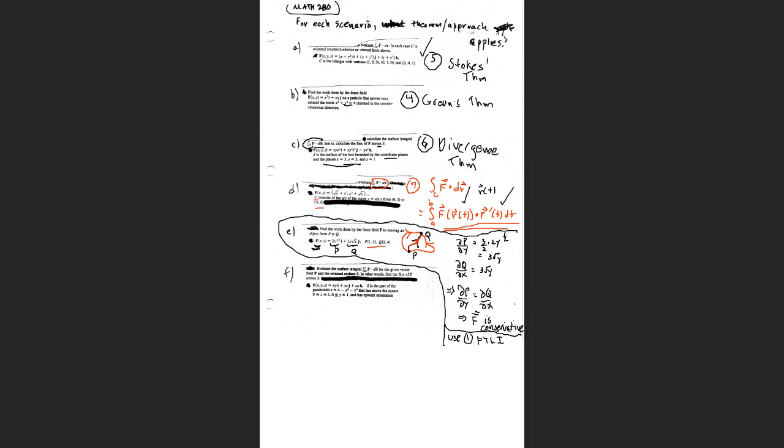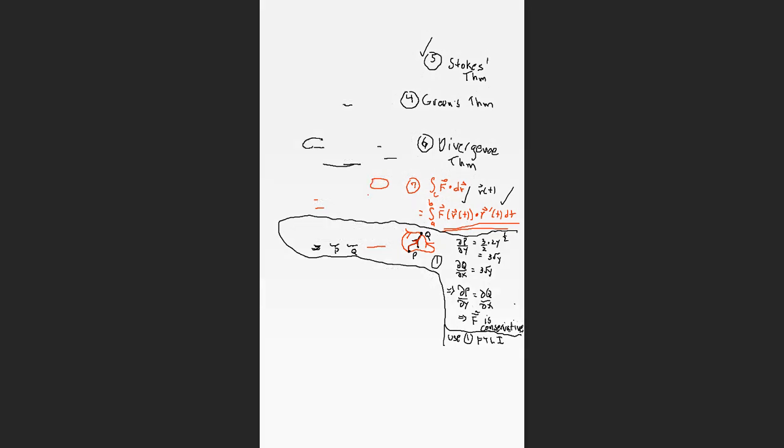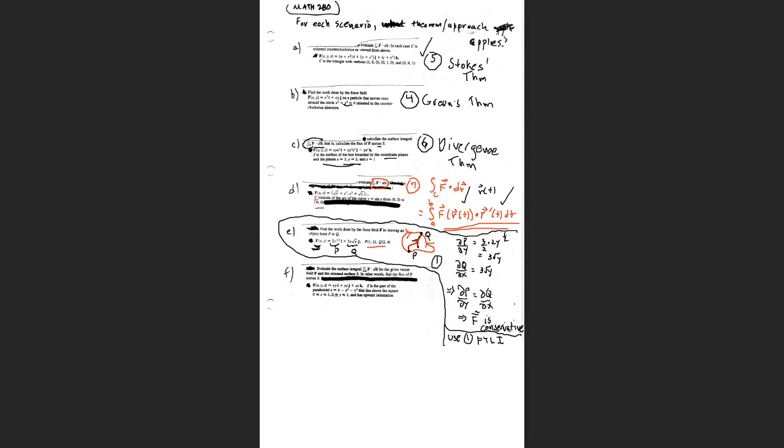Okay, let's look now at scenario F. So for scenario E, it's the fundamental theorem of line integrals, choice 1, that you want to use. Just looking things over here. Okay, so for F here,